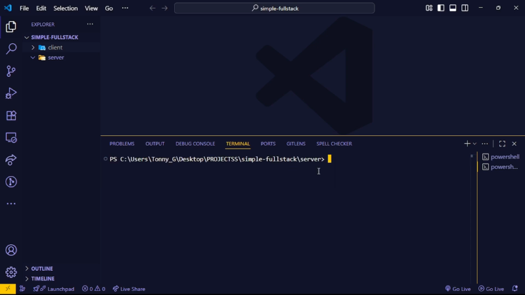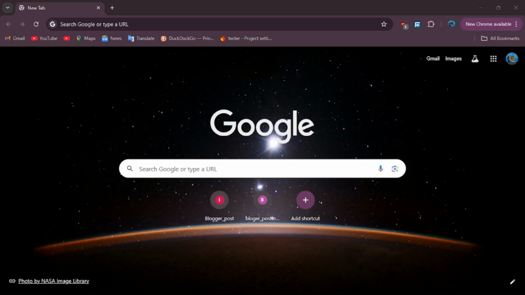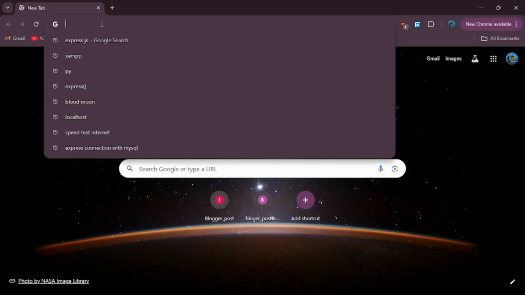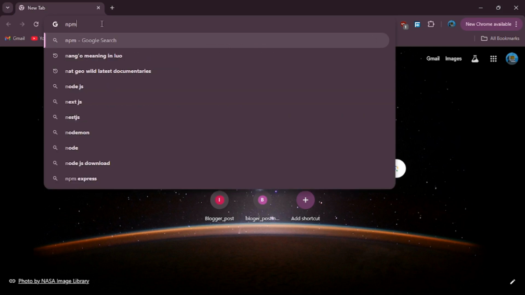Can clear this up. So we need to install Express. Express is a Node framework that is used, as we saw, to create simple servers, or maybe complex servers that you are going to use to link it to your client side. So for us to use it, we can just download it. Let's navigate to the browser, and I'll have a little show on how you can get it. You can just navigate to the npm